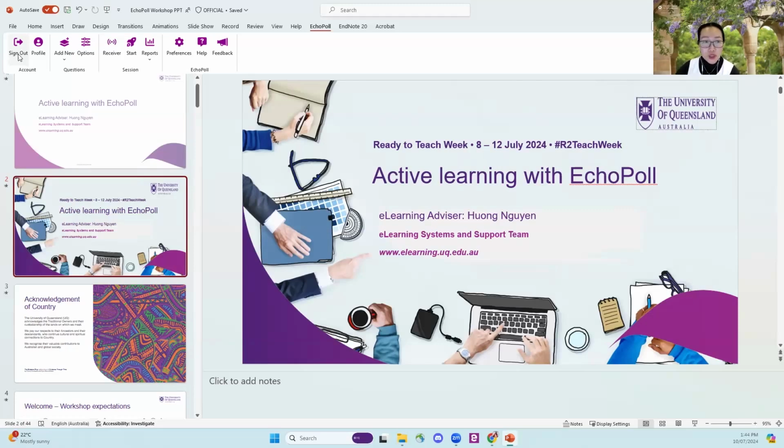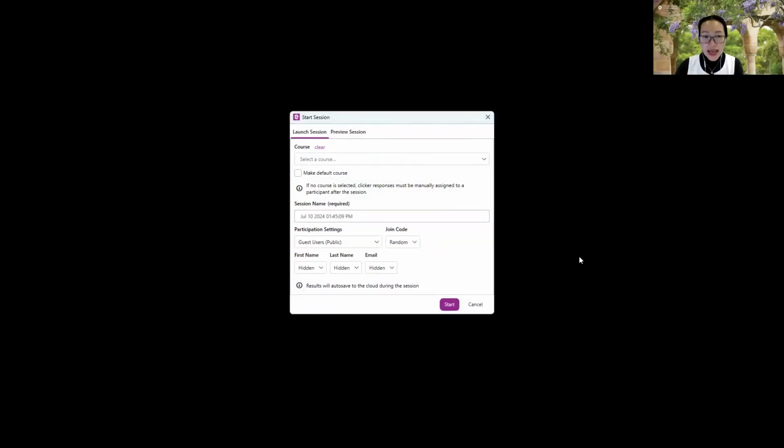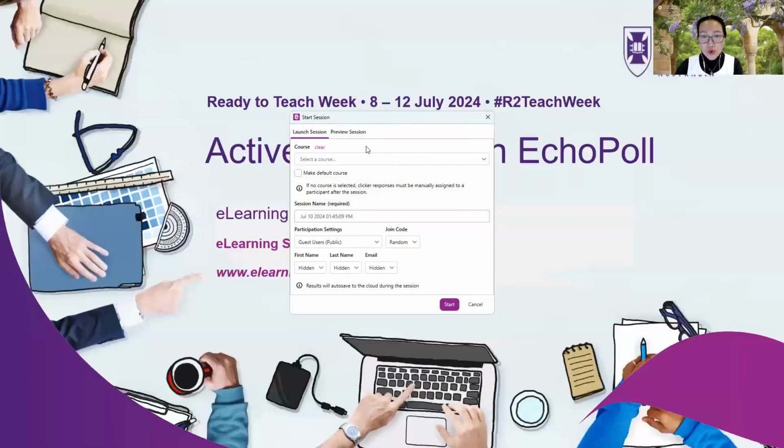So now I'm going to show you how I will run a presentation with my EchoPoll question. So here I am on the first slide of my presentation. What I can do is click start on the toolbar up here. That is one option. The other option is that I change my presentation into a slideshow, and the system will understand that I want to start the session with the polling. So I click start and it has a window